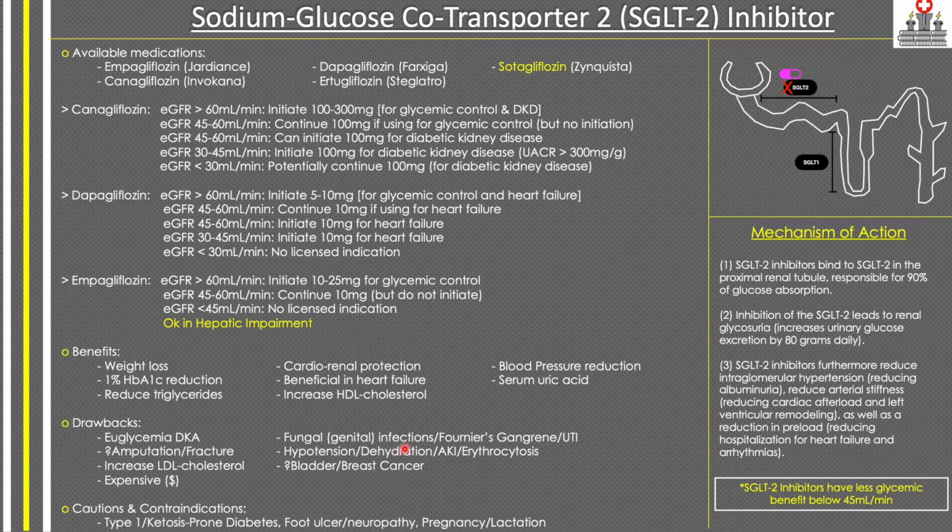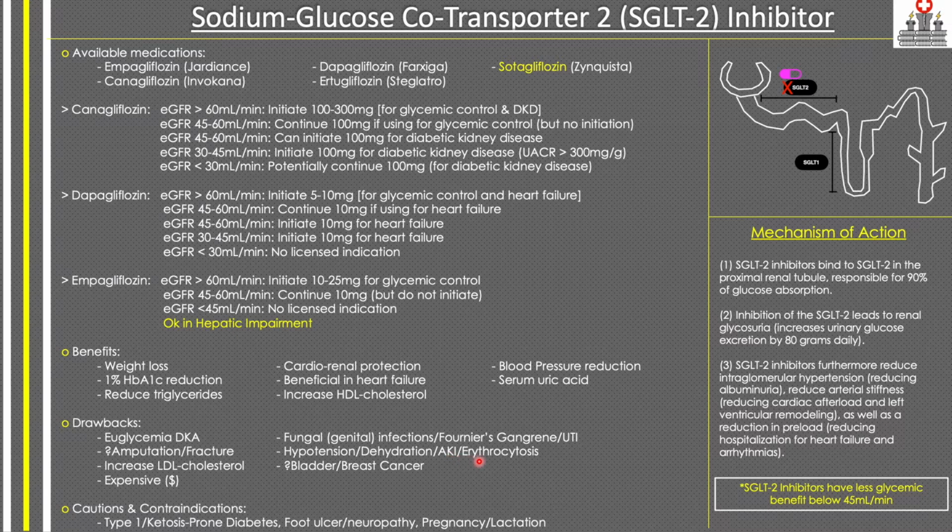Sometimes we do tell patients, if they are known to easily get fungal infections such as thrush, to have some yogurt the night before, or something which has probiotics in it. Again, when there's excess urination, there can be hypotension as a result. Patients can be severely dehydrated. Dehydration can lead to acute kidney injury, and sometimes you may see, as a result, electrolyte abnormalities such as hyperkalemia,